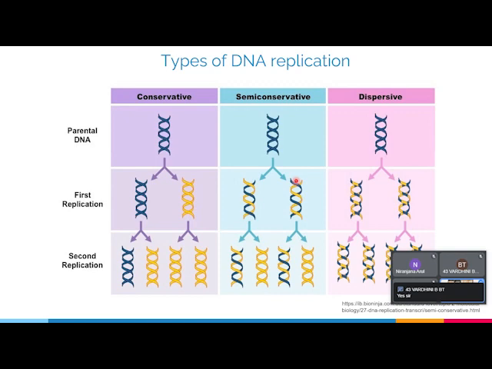Okay. So the Meselson-Stahl experiment utilized nitrogen bases which had the N15 radioactive nitrogen in them, as compared to the normally available N14 isotope of nitrogen, which is the normal one. What they did is that in the first parental DNA they allowed normal nitrogen to be there, and they shifted